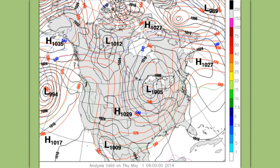GFS maps into motion now. Here's our deep low. This has been responsible for 100+ tornadoes across the area, extreme flooding, 24 inches of rain across Pensacola, Florida yesterday within a 24-hour period. I mean, you see the pictures on Twitter, Facebook, and YouTube videos and news on NBC, CNN,